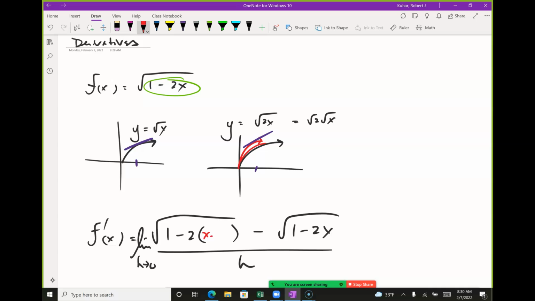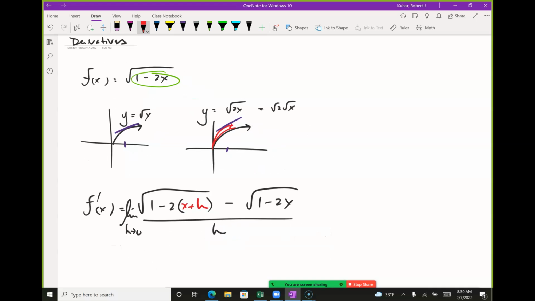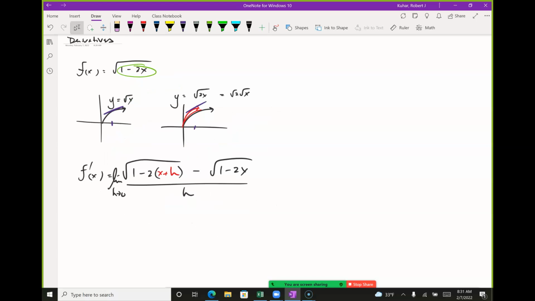So I need x plus h here. Everybody okay with this? I need f of x plus h, and I replace with empty parentheses minus f of x. There's my difference, all divided by h, there's my difference quotient. On this particular one, because it's so messy, I like to work on the replacement functions separately, right? So I've got the square root of 1 minus 2x minus 2h. And when I can,